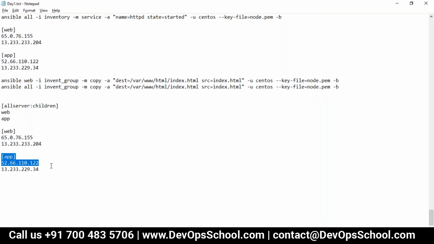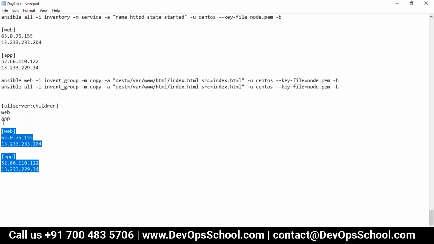Understand this, everyone? The inventory file should contain all the 6 lines, like all server, web, and app, right? That's 6, correct. All the lines should be there. This technique is basically useful for managing a large number of servers and creating different groups of servers and all stuff like that.